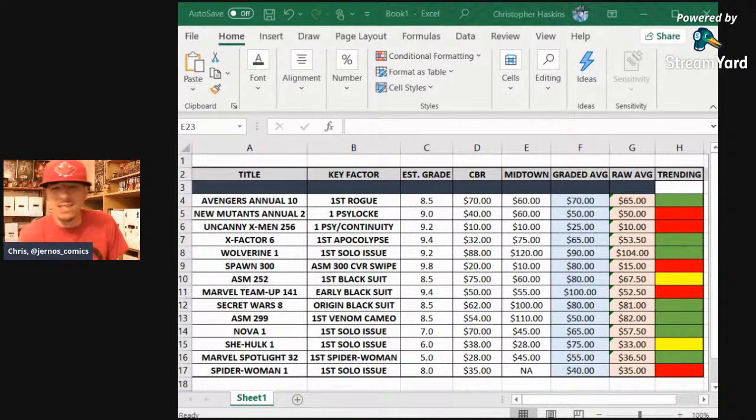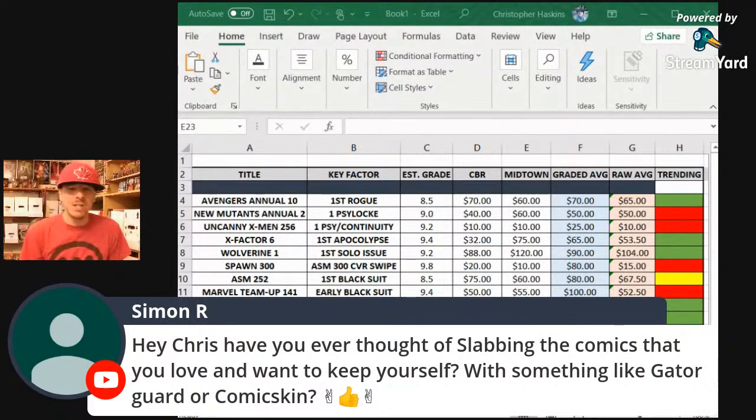Simon says, and we're going to get back into these books, but let's take a minute to look at some of these comments. Simon says, hey, Chris, have you ever thought of slabbing the comics that you love and want to keep yourself with something like Gator Guard or Comic Skin? Okay,